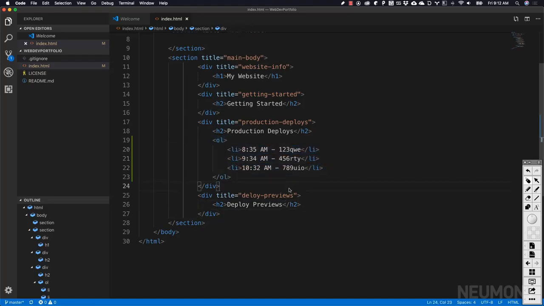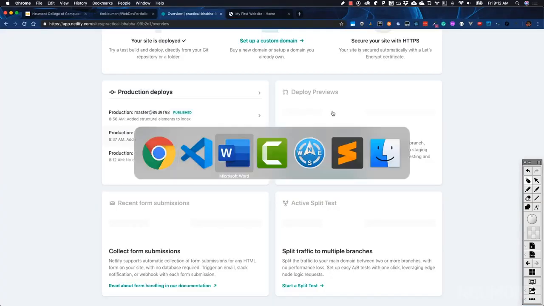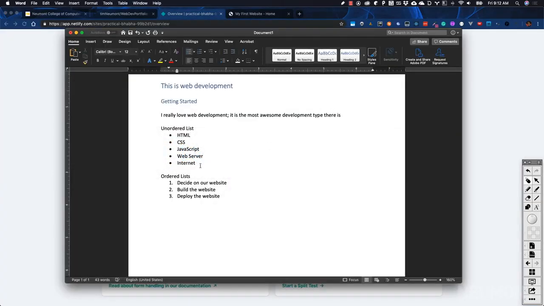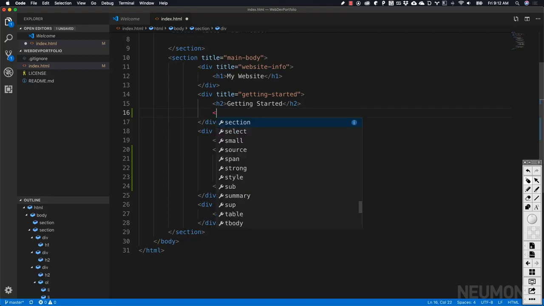And then we want to do an unordered list. So where can we put an unordered list? Let's say in our getting started section. And then let's just go ahead and, just like our Word document, let's just add this list of the technologies we need to use. So let's do that really quick. Getting started, and then let's do